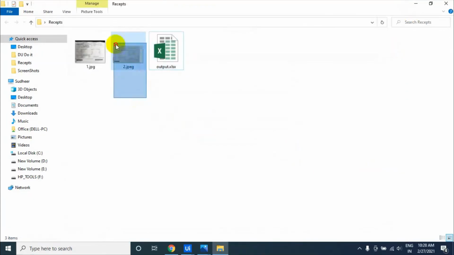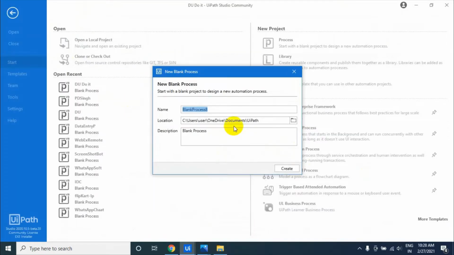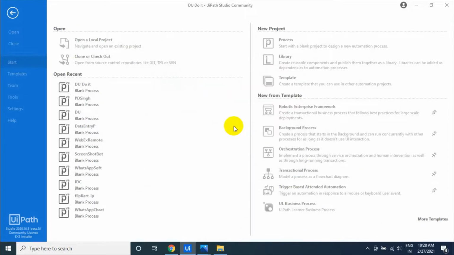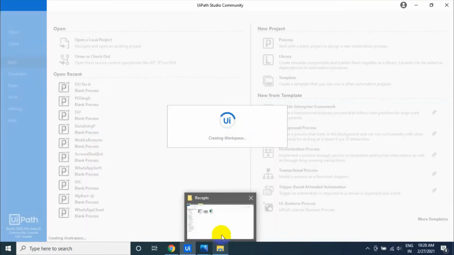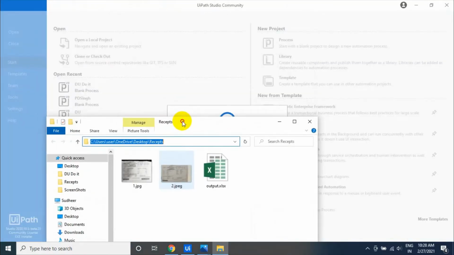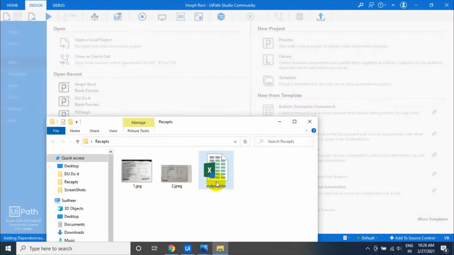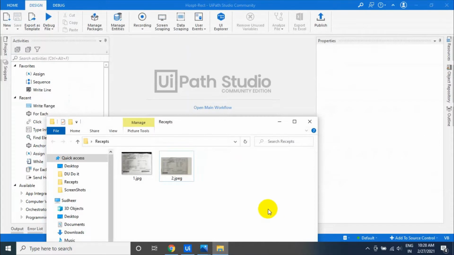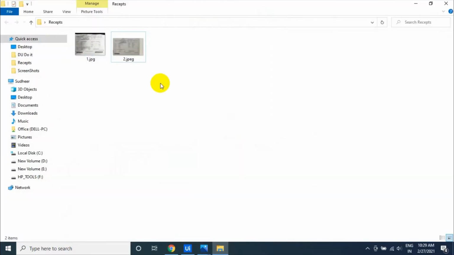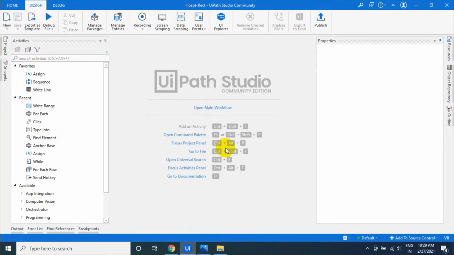Okay, let us play with these two invoices. First of all, I'm taking a document understanding hospital receipt project. The first thing is that once we take it, the robot has to loop through each and every file from this location. Let us see. We will create an output folder inside the desktop, and here is the folder path. So let's go and extract the information.